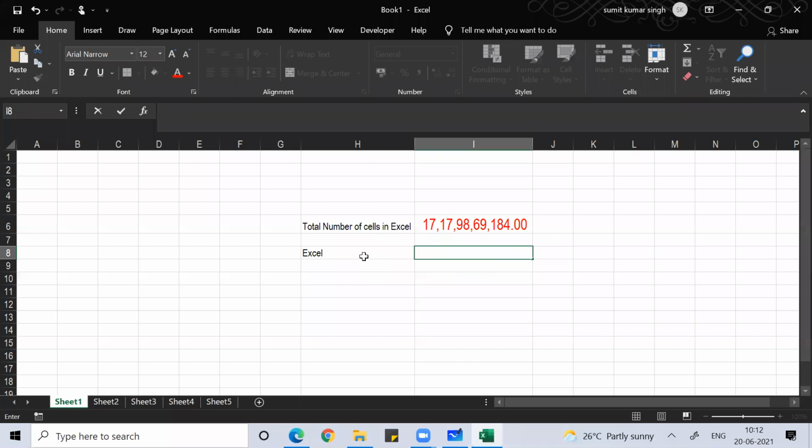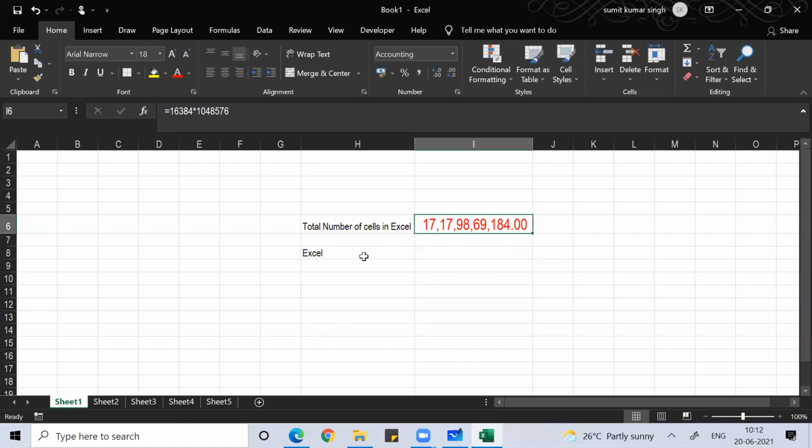But I want this. I want to pronounce this because I have no idea. Probably tomorrow in an exam, if I attend an MS Excel exam, it can be asked how many cells are there in Excel. So how can I do that?